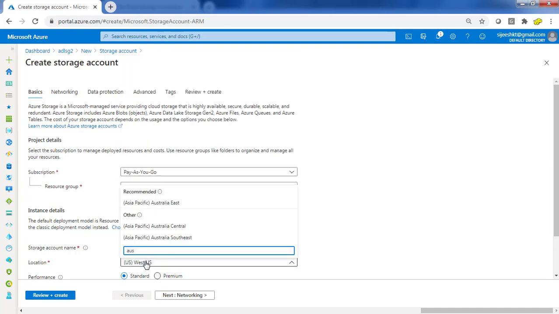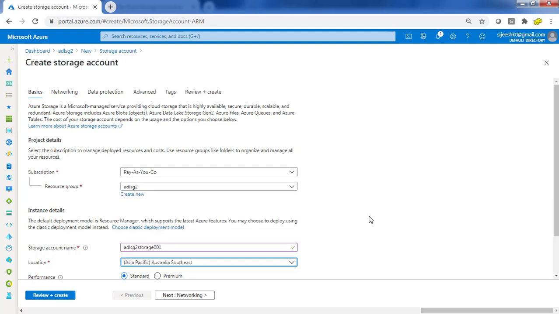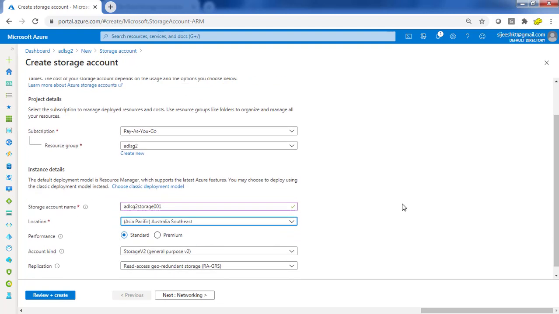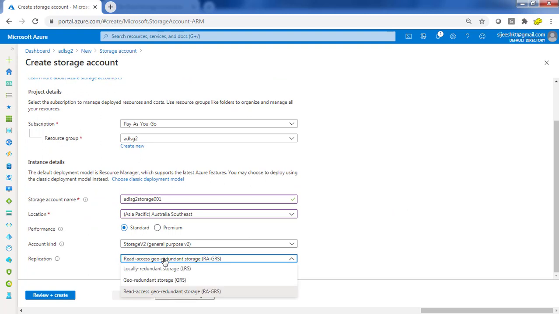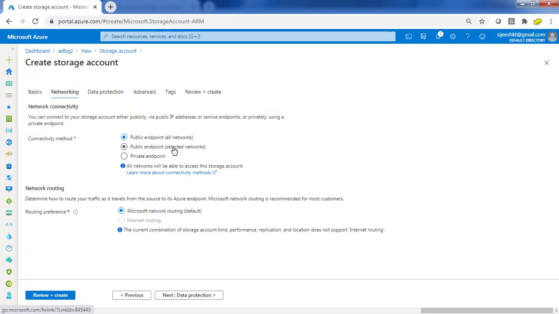Again, choose the location wherever you want to deploy this. Always choose the same location that you chose for our CDH cluster. The replication and all you can choose; I'm choosing locally redundant storage. For the networking part, I'm not making many changes and leaving it as default.